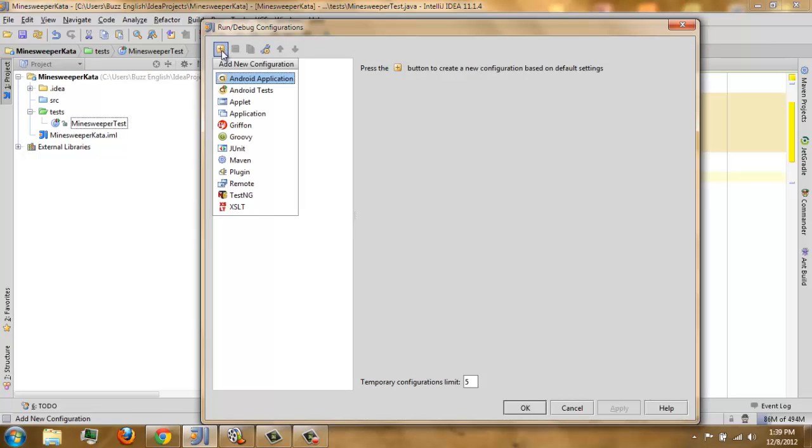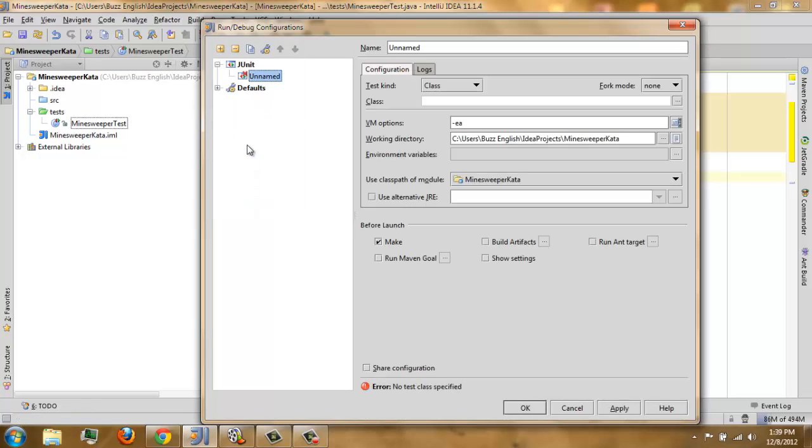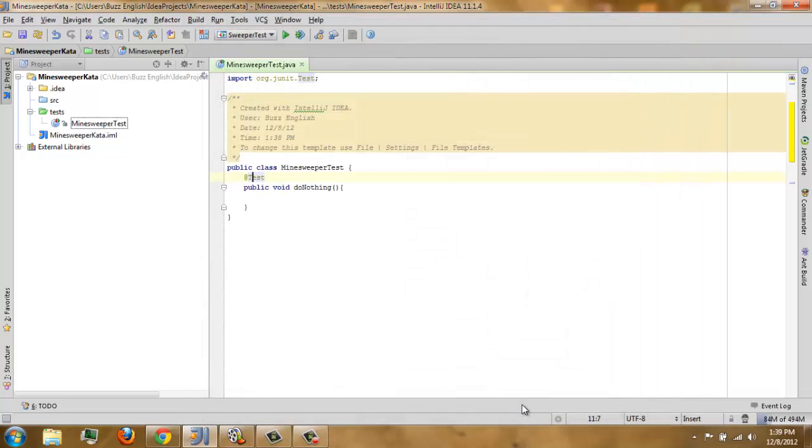So let's see, JUnit, and let's call this SweeperTest, and the name of our class, which is the MinesweeperTest. The default is under it. Then okay. So let's run it.